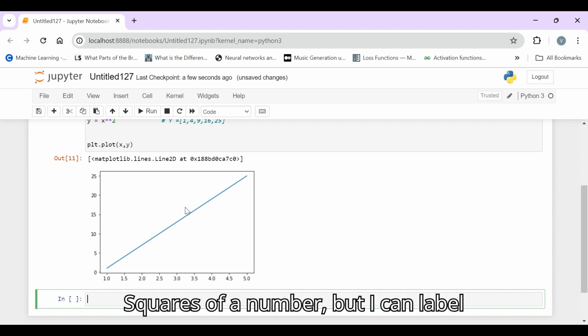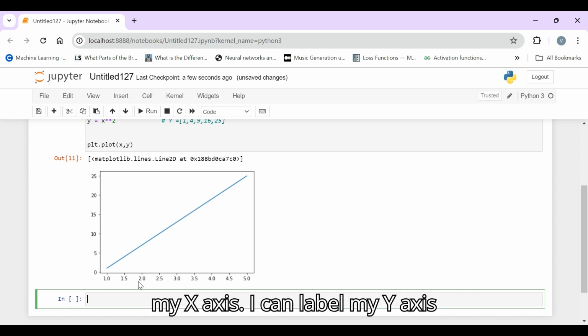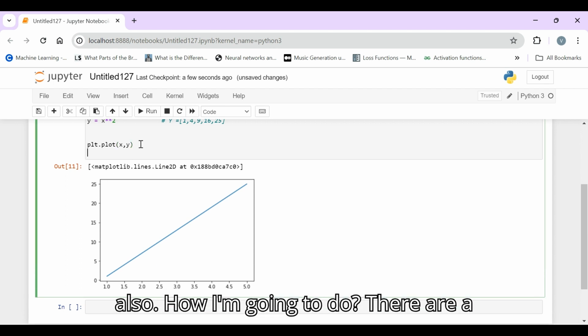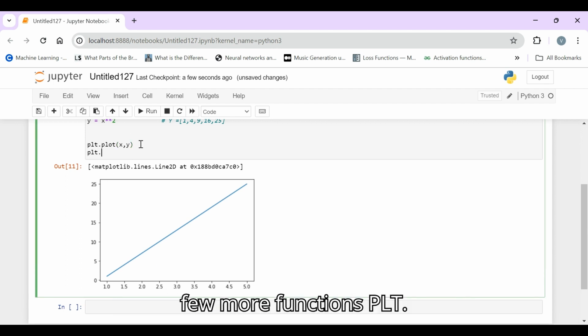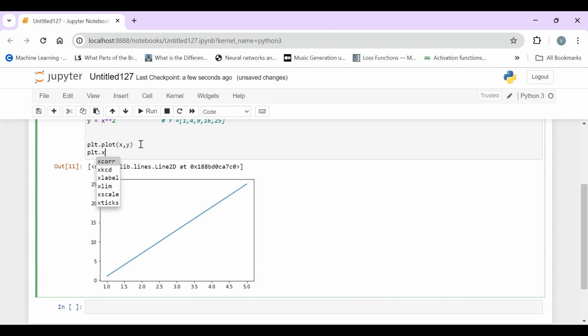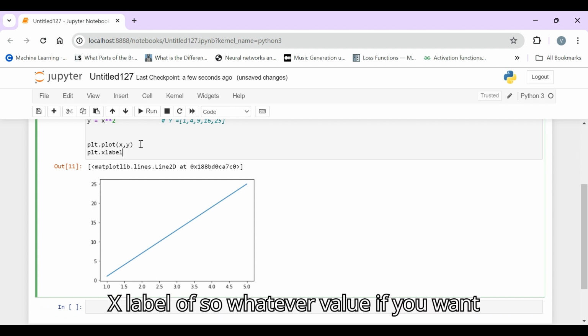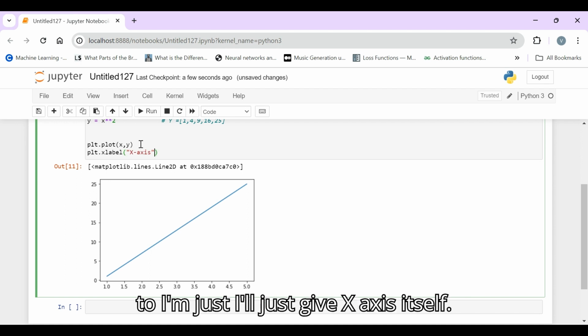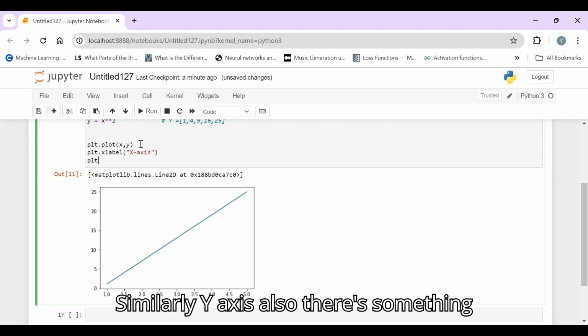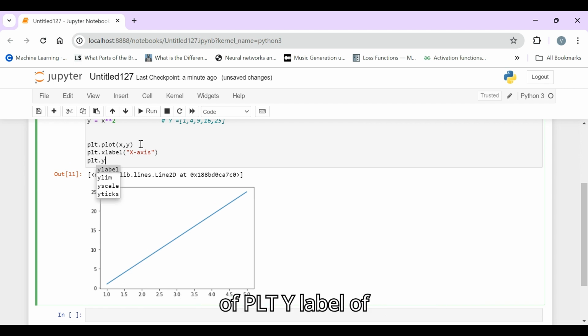So if you could sense this line chart, I can just normally say that this is the squares of a number, but I can label my x-axis, I can label my y-axis also. How am I going to do it? There are a few more functions. plt.xlabel, whatever value you want, I'll just give x-axis itself. Similarly for the y-axis, there is plt.ylabel of y-axis.